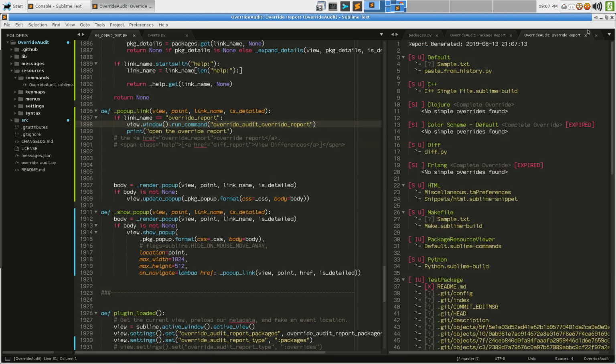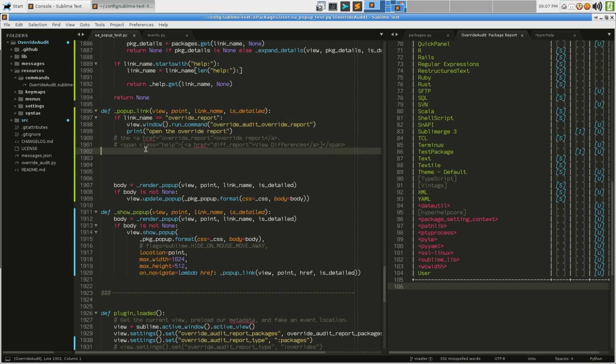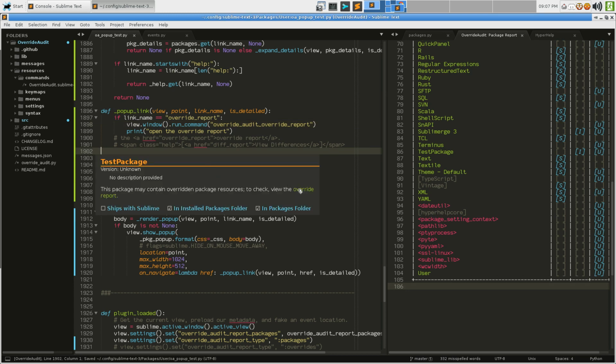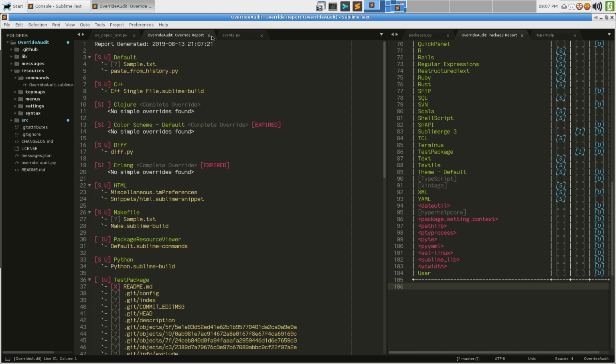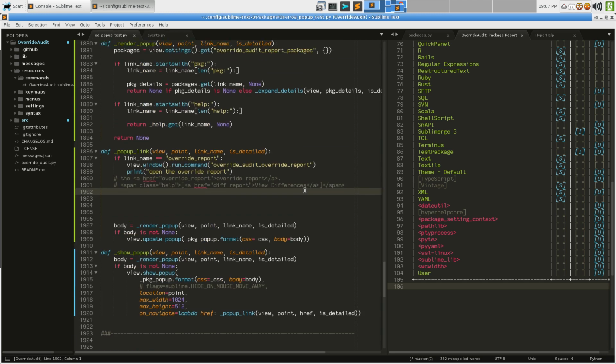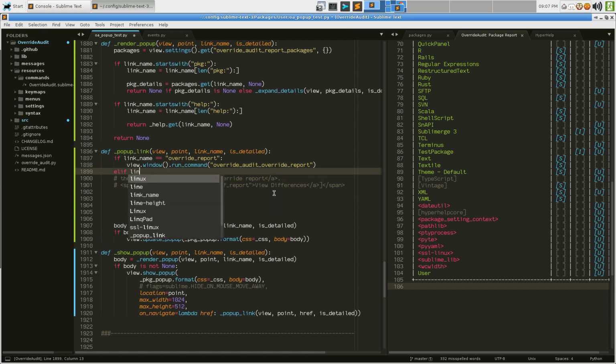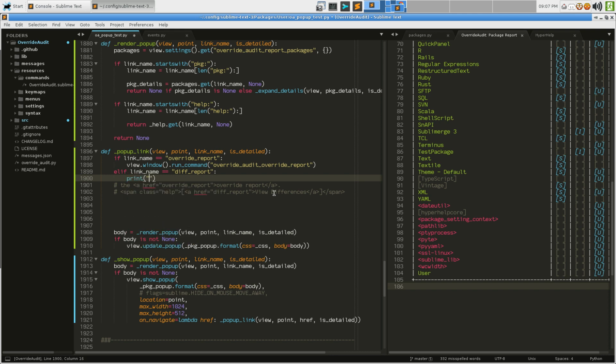Hey, check that out. I wonder why it went in that tab. Oh, because I already had one there. Right. Cool. Okay. That part works good. We don't need that anymore. Elif link name equals, and the other one is diff report. Open diff report. Okay, so if I did that,